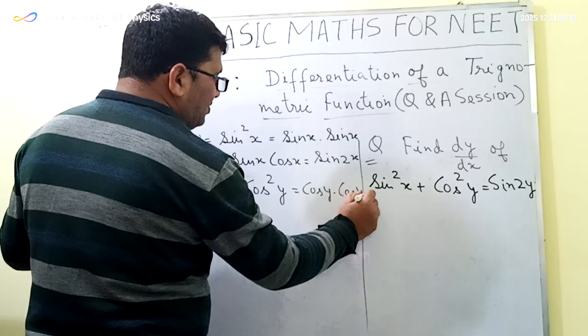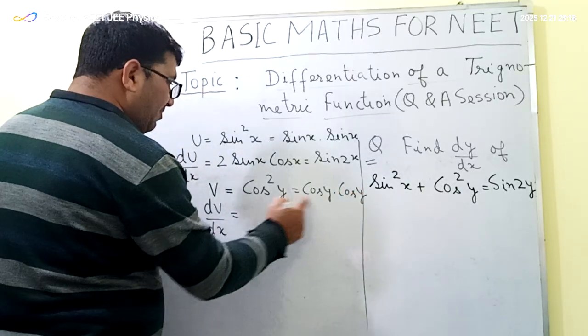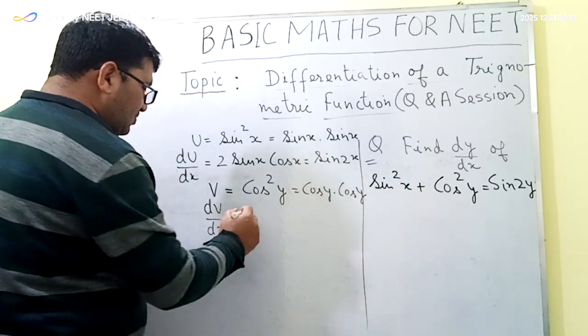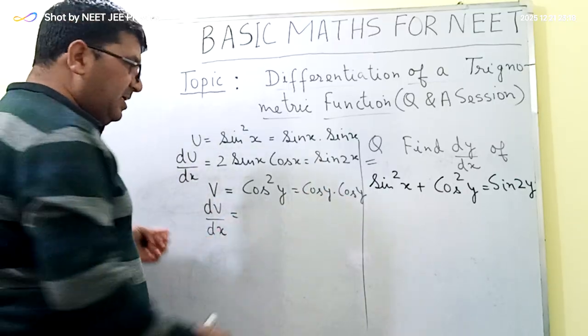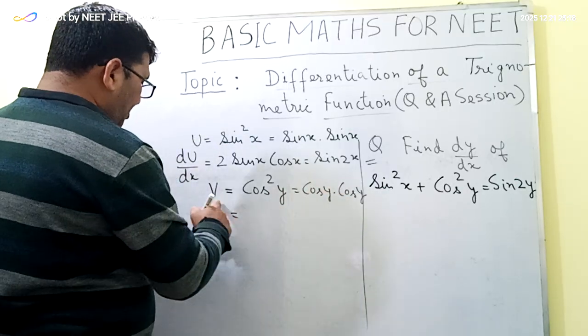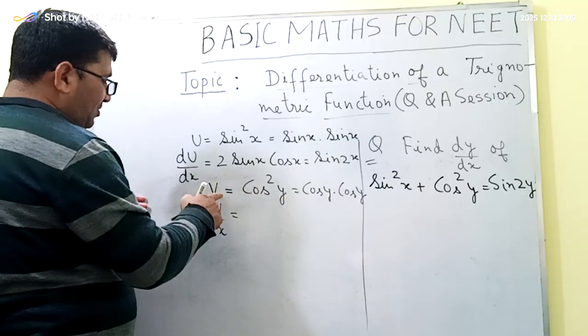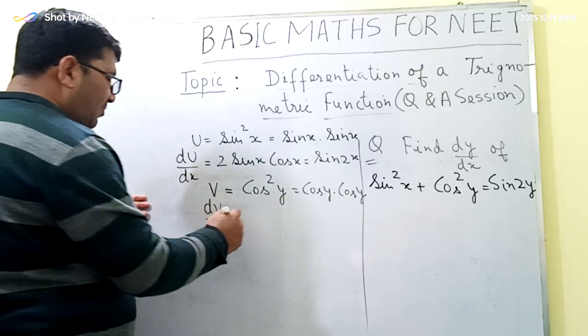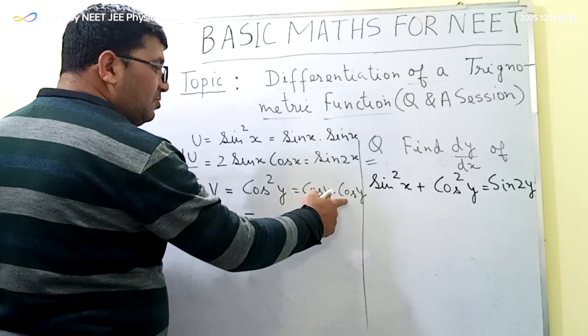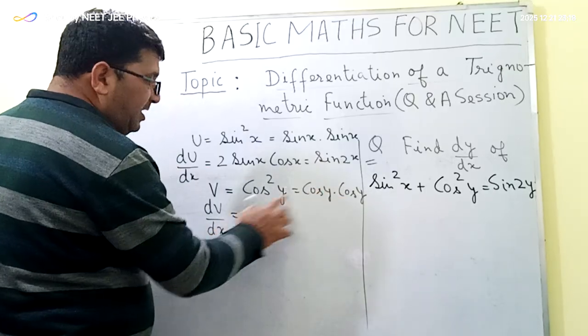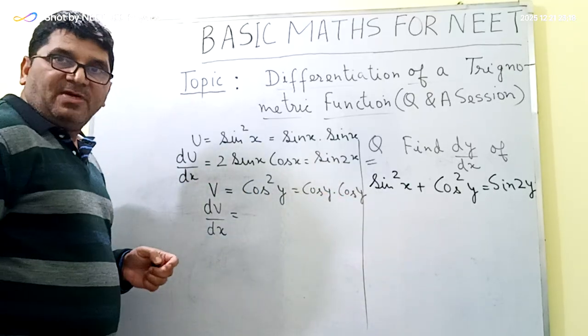So here also I will be using the product rule. So I will be getting cos y into the differentiation of cos y, which is equal to minus sin y into dy by dx. So finally, if cos square y is equal to v, then dv upon dx will be equal to cos y into minus sin y dy by dx,